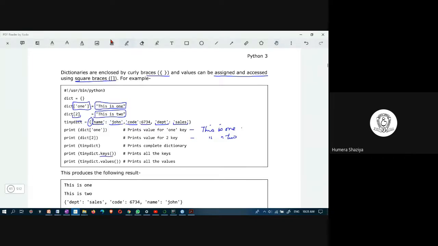Tiny dict is a dictionary, and this dictionary has this function keys, and you see the empty parenthesis means it is a function. It prints all the keys, and if you want values, you use dot values, which prints all the values. Here the output would be name, code, DPT, and the values will be John, 6734, sales.